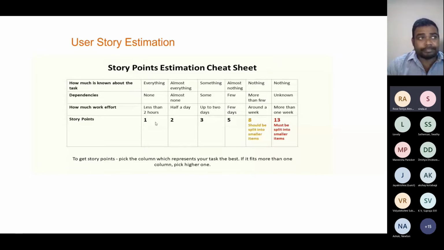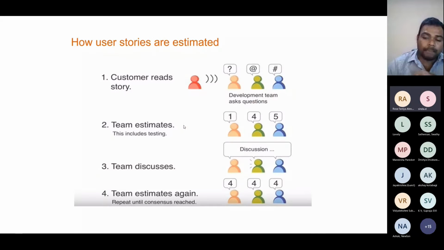It's such an easy task. If it is more than half a day, and you know almost everything and the dependency is almost none, then you can go for 2. That's how you estimate the value. Let's say one person says it's 2, and another person says it could be 3. In such a case, how do we settle on a certain value? In such a case, what we have to do is